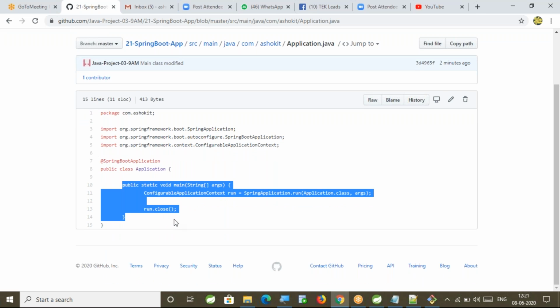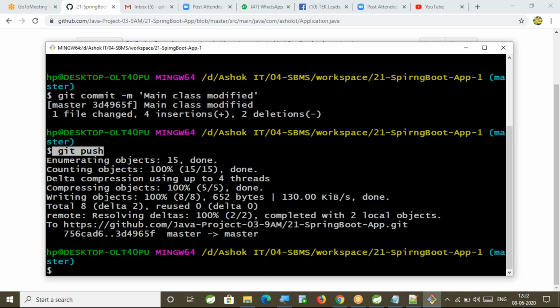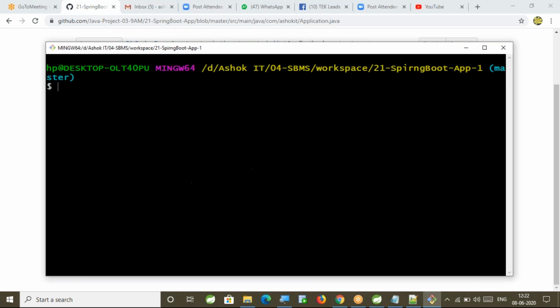This is what we are going to do daily. First, one person will create the repository and commit the folder structure to the Git repository. We will clone that Git repository and import that project into the IDE. We will do the changes and push our changes. In this Git Bash, you can see that.